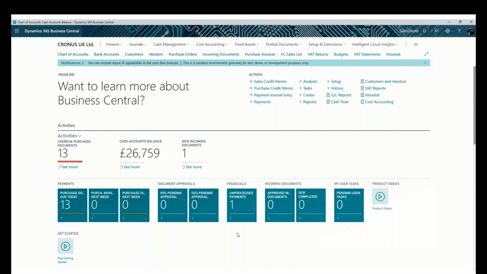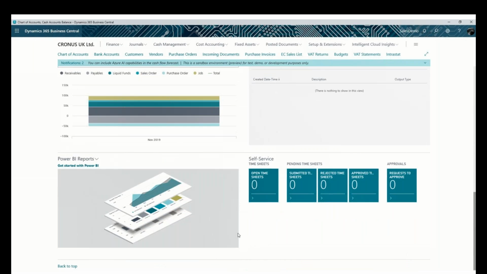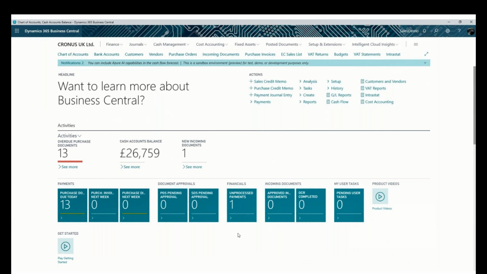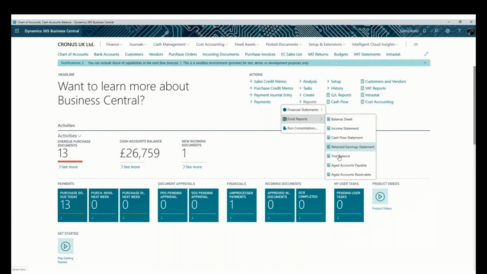But sometimes you don't just want these queues and dashboard style things. You want to do some month-end reporting, for instance. So within the system, there are a lot of standard reports. How do you find them? Go and look on the menus. So on my menus up here, I can see I've got GL reports, cash flow reports, customer and vendor reports, bank reports, etc. I have a whole menu option full of different types of reports,